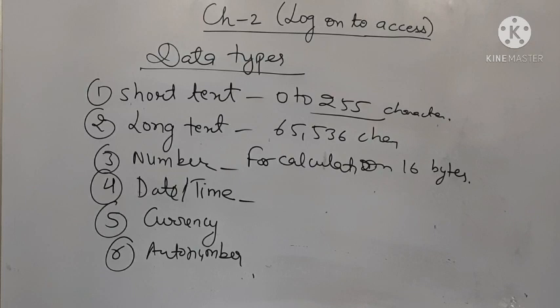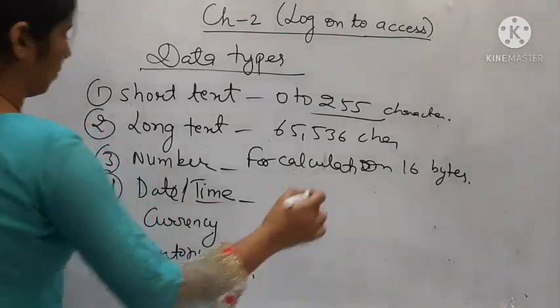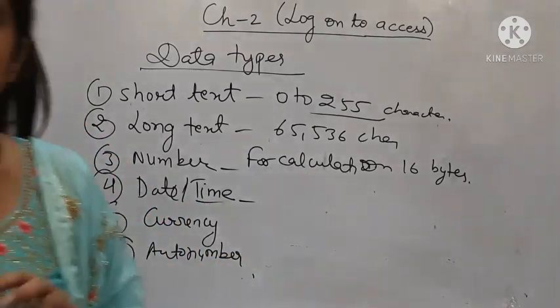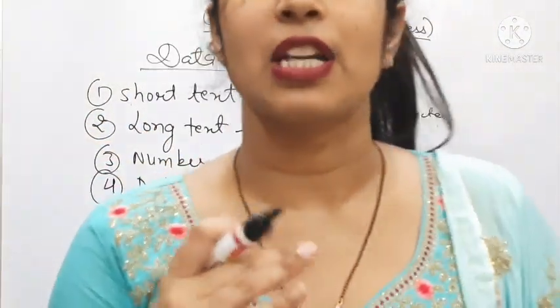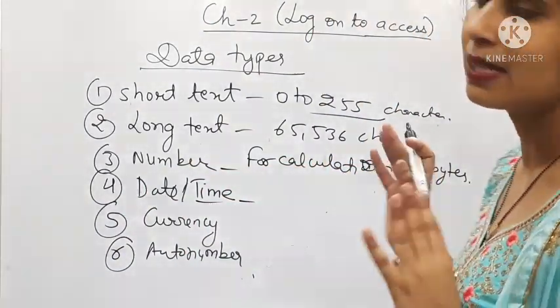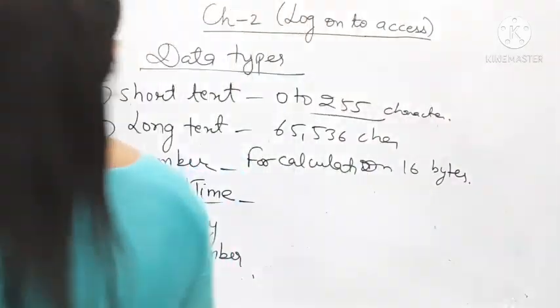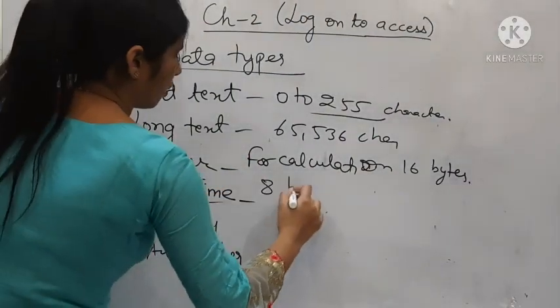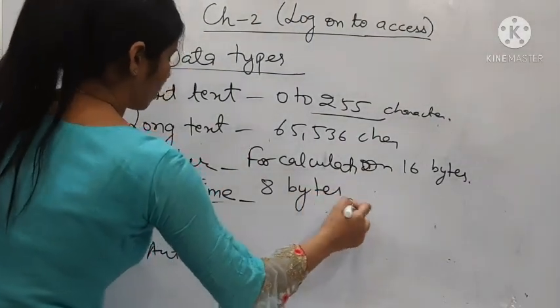Okay, so date and time we know very well that what is date and what is time. So date and time are used to define the type of date and the type of time, because they are also having many formats there. Okay, so which type of date and time we are going to enter here, we can decide it also, and it stores up to 8 bytes. What is the storage of it? It stores up to 8 bytes.